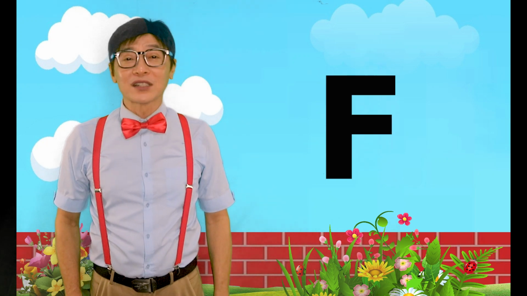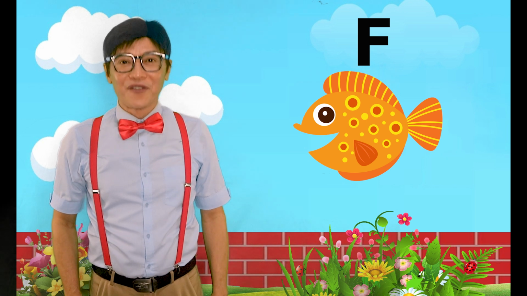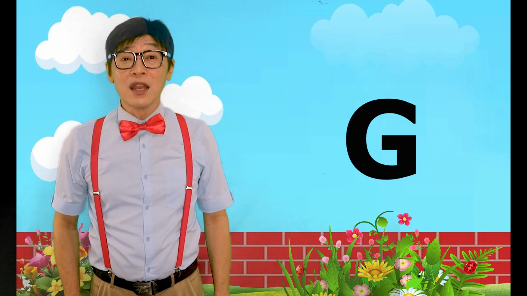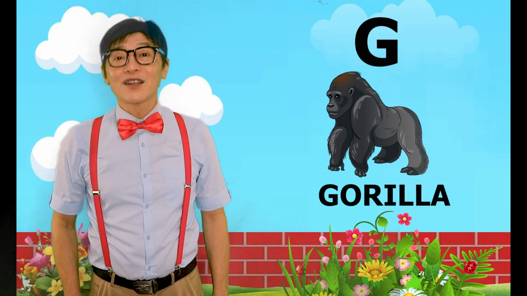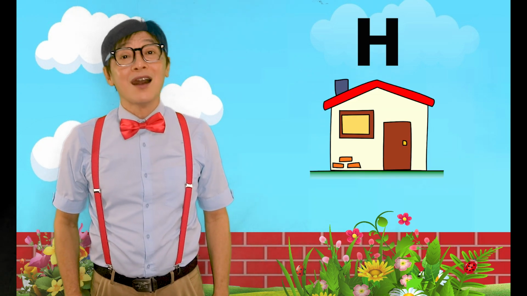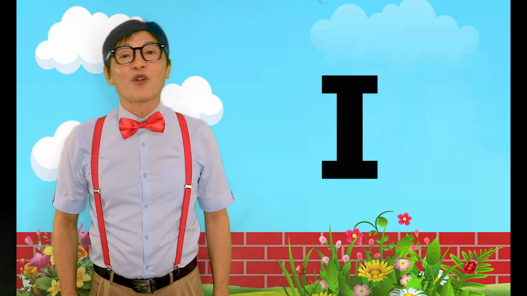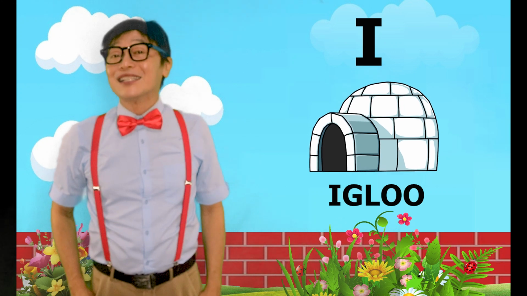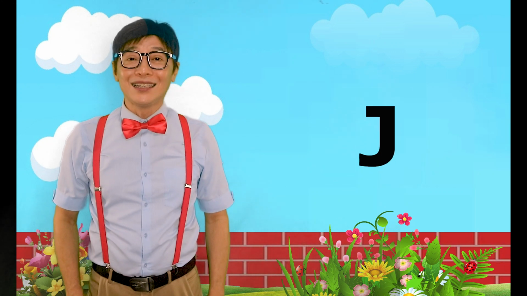elephant. F is for fish, fish. G is for gorilla, gorilla. H is for house, house. I is for igloo, igloo. J is for jelly,